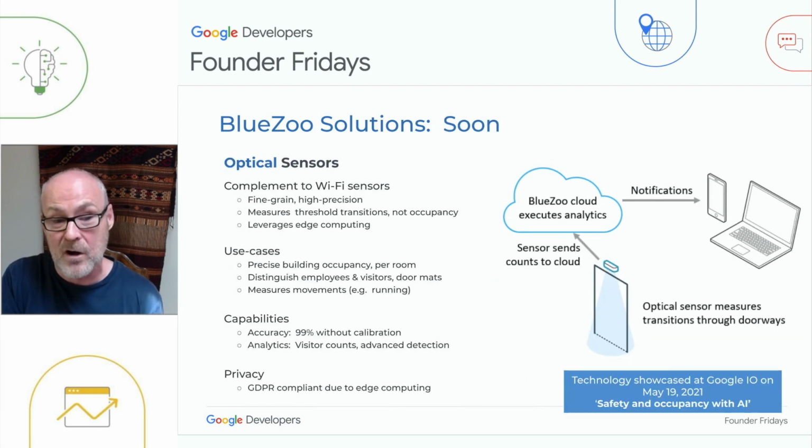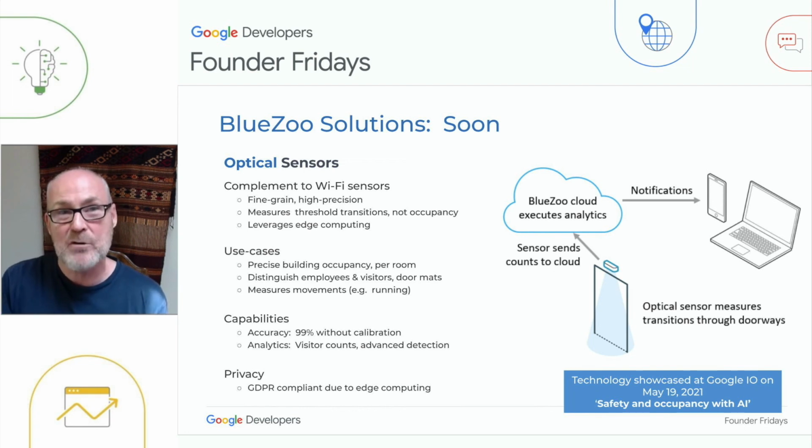Today, we're working on new sensors that use optical technology. The machine learning in our optical sensors will ensure that no video ever goes to the cloud. The video is processed strictly in the sensors, and occupancy counts go to the cloud, into our data warehouse, and subsequently to visualization tools.